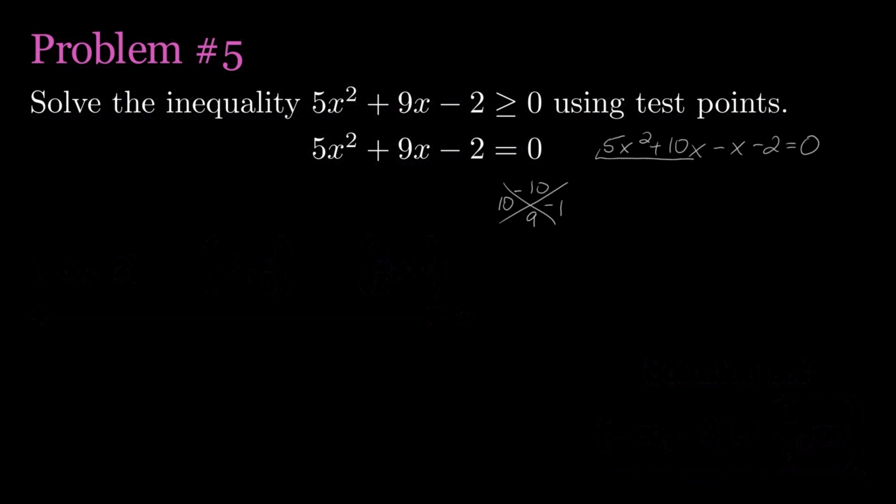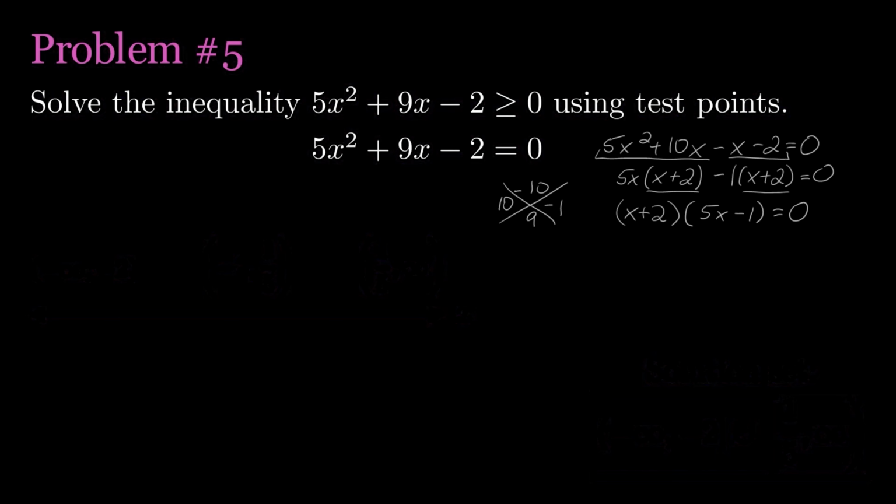factoring by grouping. So in the first group, the greatest common factor is 5x. Factoring it out results in x plus 2. And to have x plus 2 as a factor in the second group, to make factoring by grouping successful, we factor out -1. Still equals 0. So if the common factor of x plus 2 factor out, we are left with 5x minus 1 equals 0,